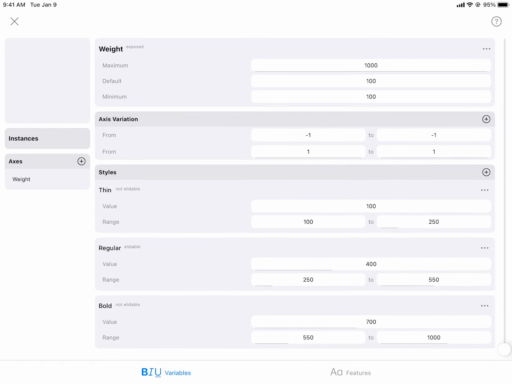After setting up the styles, we return to the Delta Master settings by tapping on the top left glyph preview,